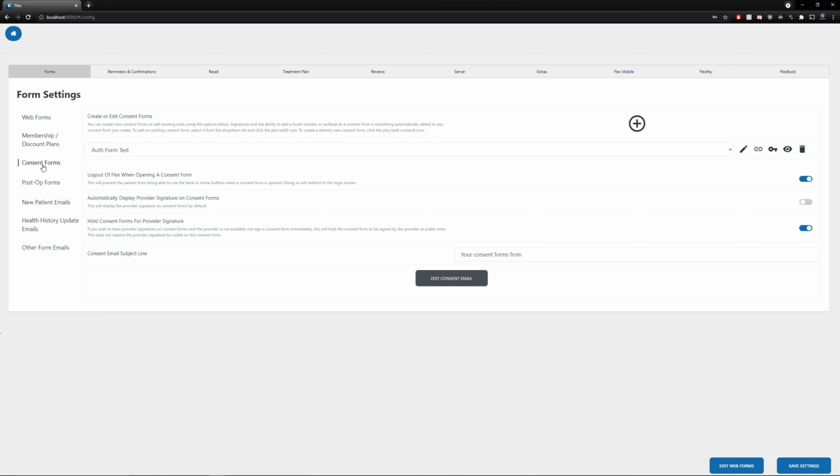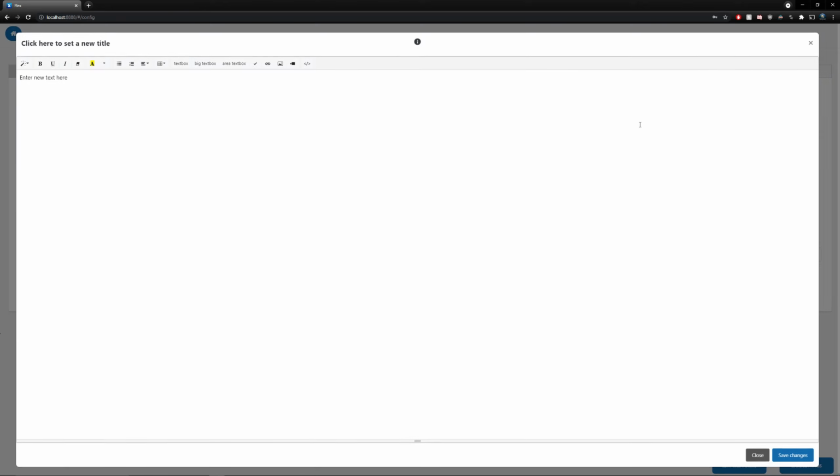This is your consent forms setting page. This will allow you to create, view, and edit any current or new consent forms that you might create. To create your own consent form, navigate to the plus icon, and once you click on that, it'll open up our editor. From the editor, you'll be able to set a title, enter in information for the consent form, and